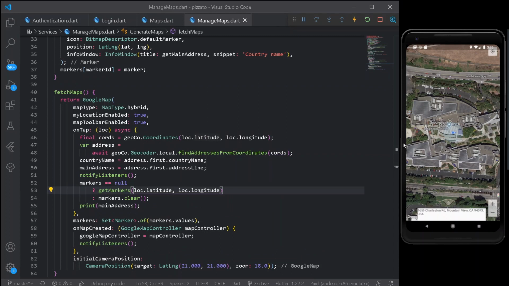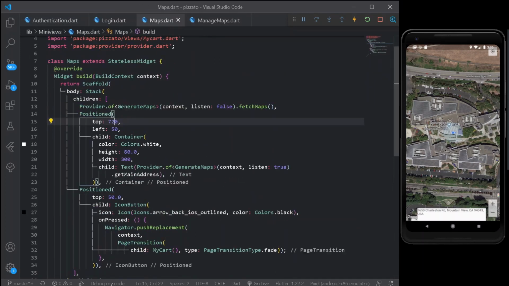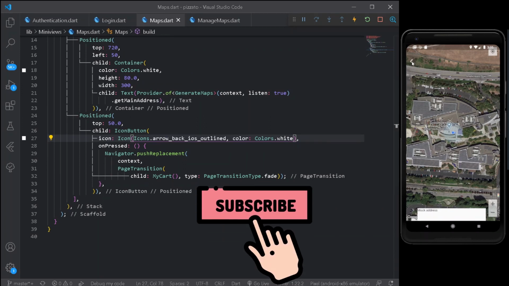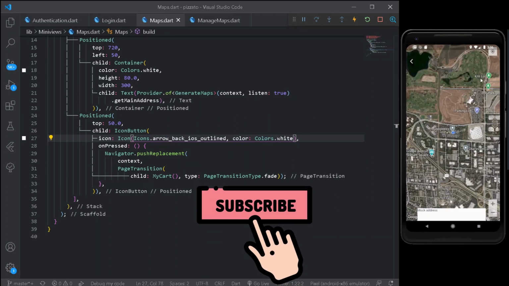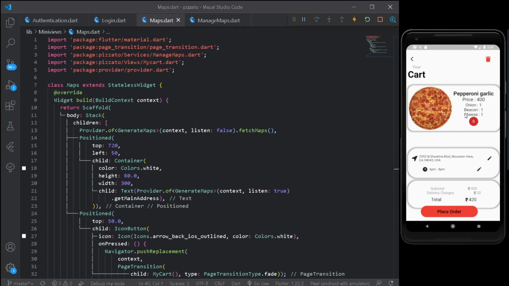Now I am just showing you this thing because we have implemented the following thing in our previous video. So let's do one thing, that is simply change the color of our icon here to a white one, so we won't be confused. So let's navigate back. Alrighty, so let's check this address and go back. So we have our address here. So now let's do one thing, that is simply delete the entire card data here.